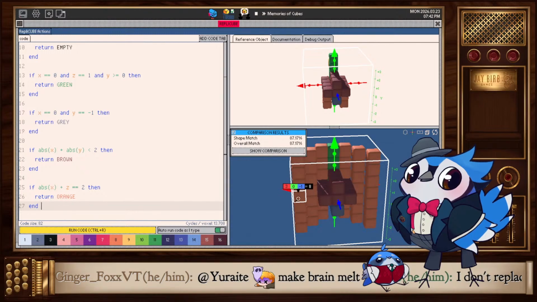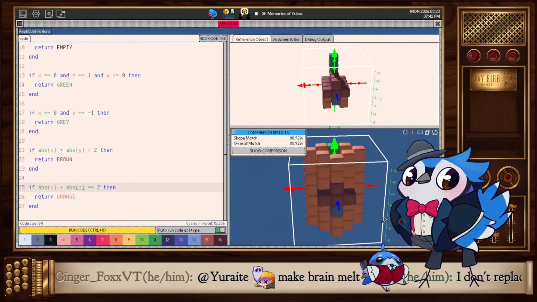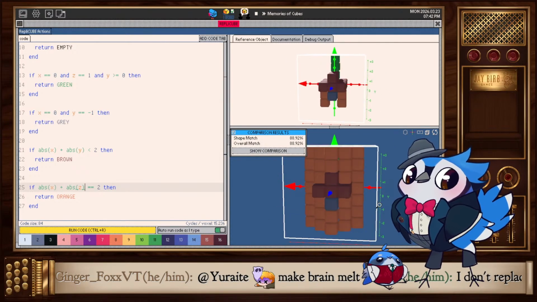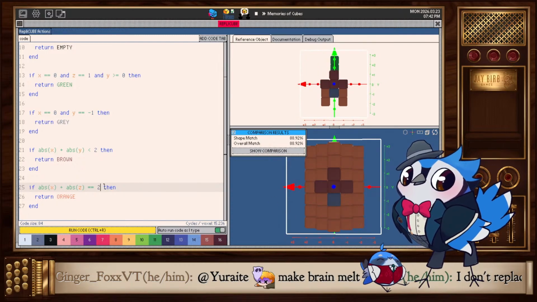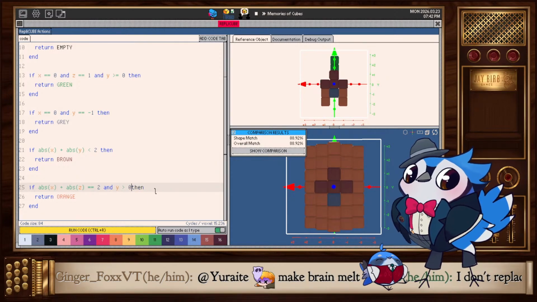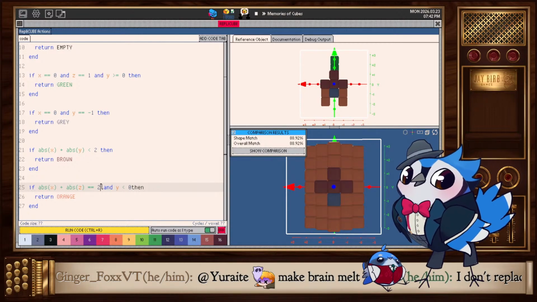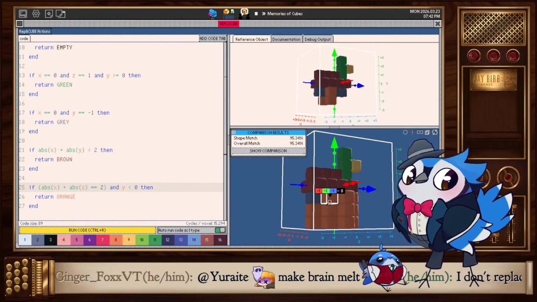Oh. Still not what I was going for, but I like the design. Let's add already some brackets. Okay, so that part is okay, but